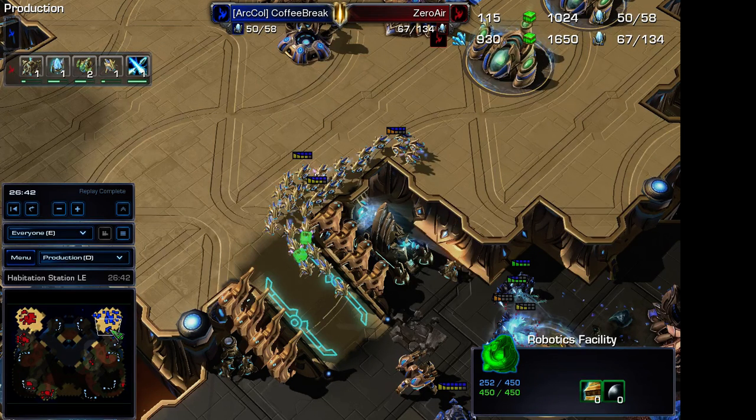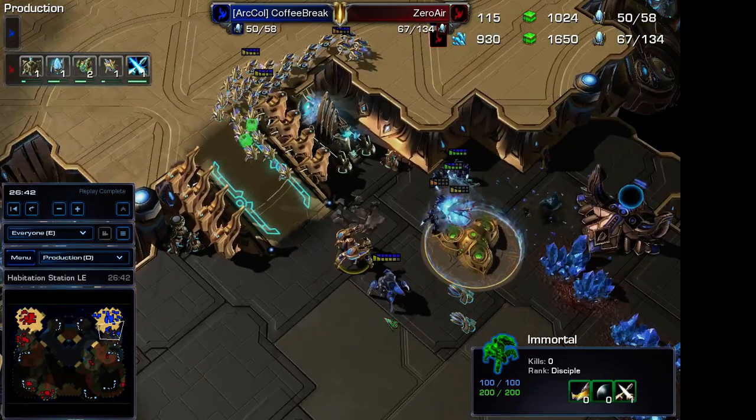Something else I would like to see from him: I liked the charge, I liked the Colossus, however, against the number of Blink Stalkers that we saw, honestly, Immortals would have been a better idea. And yeah, he started going for Immortals towards the end here, but at that point it was a little bit too late for him to play catch up, produce the units that he needs, and still try to get that